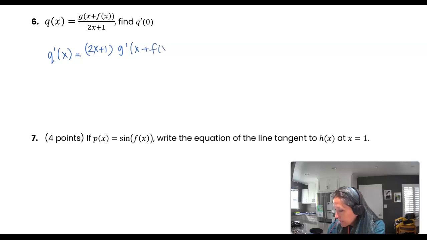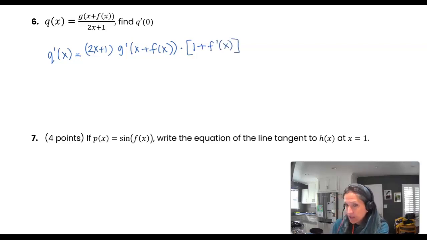Now we have to recognize that our g of x function is not just g of x, it's g of x plus a bunch of other stuff. So technically we have a chain rule. So we'll need to multiply this by the derivative of that inside function. Derivative of x is 1. Derivative of f of x is f prime of x. We do need big parentheses here because we have to multiply by that entire tail, all the stuff that came before it. So we have our low,